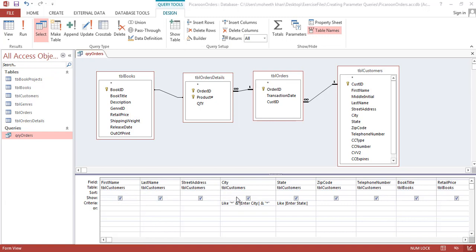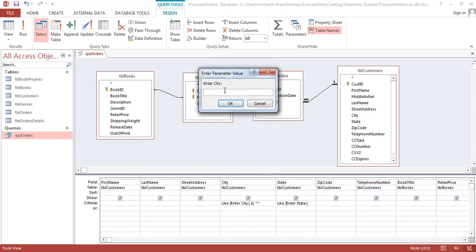So if you don't want this wildcard before any character, remove this and leave it this after the parameter. Now when you run the query and you write A in the city and you write the state name Illinois, IL,